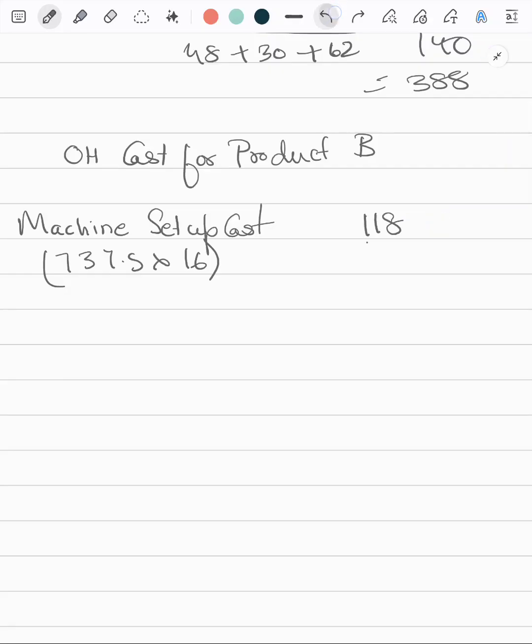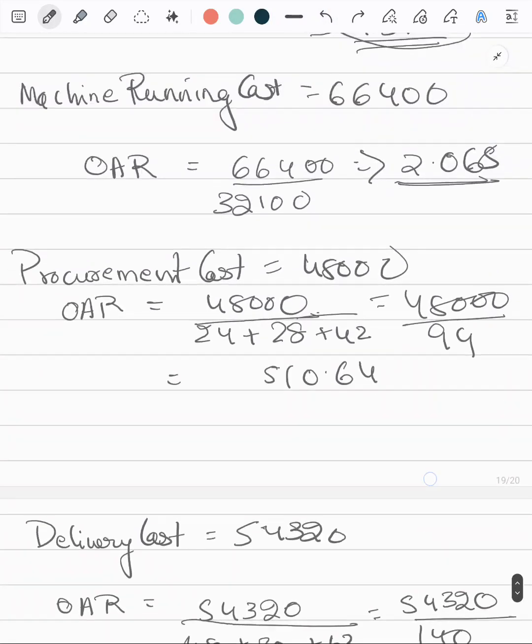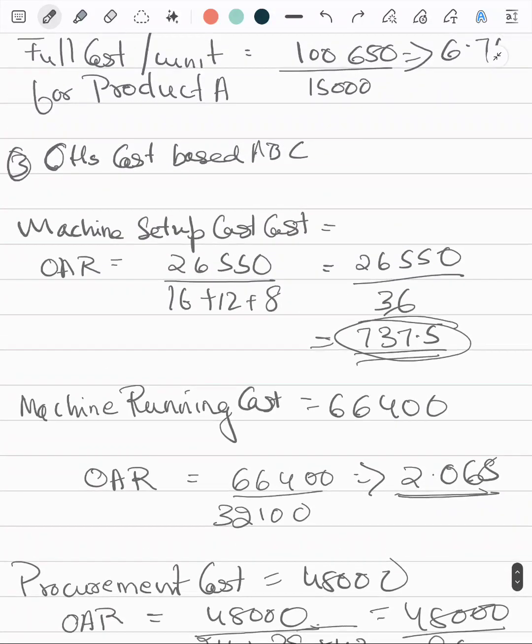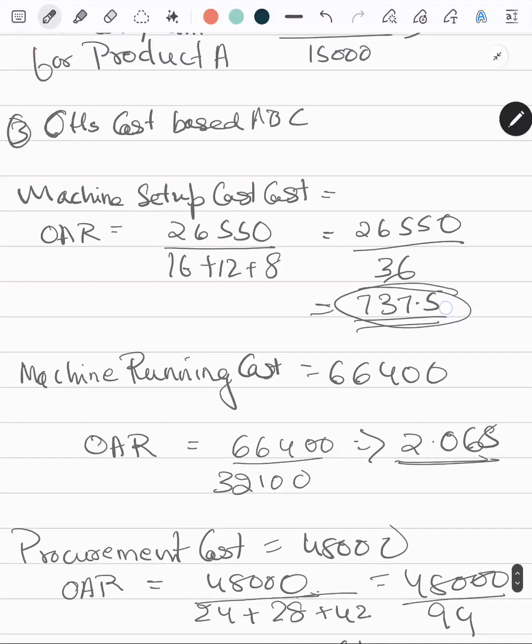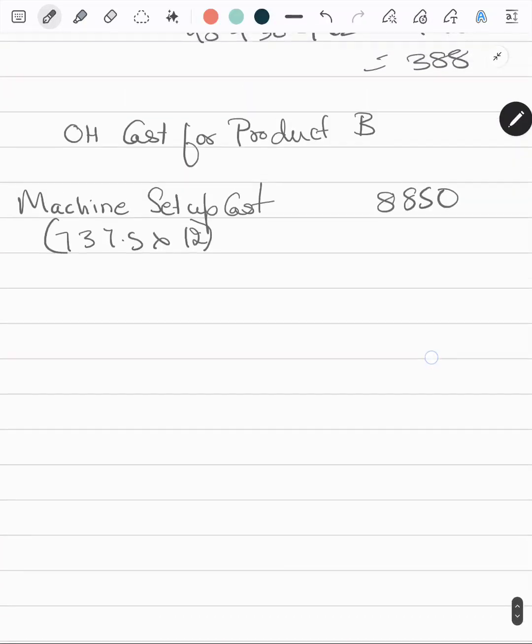I think I've made a mistake over here. We are calculating this for product B. So for product B, the number of setups were 12, not 16. I took it for product A by mistake. 737.5 into 12, it is 8850. The machine setup cost, after that machine running cost,